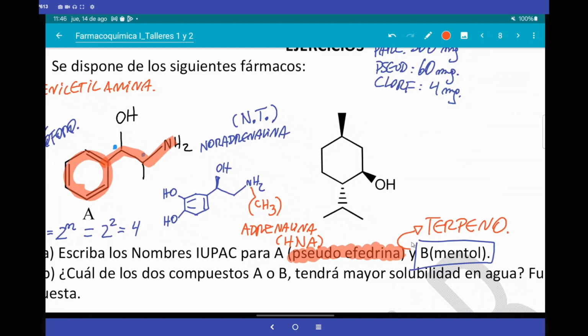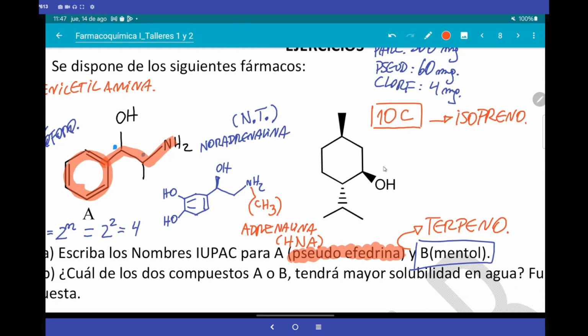It is an extract, present in several aromatic plants, and we have that this menthol, if you count well, first there is no nitrogen, but if you count the carbons, it is a multiple of 5. It has 7, 8, 9, 10 carbons. When something is a multiple of 5, we suspect that it is a terpene because it comes from the metabolism of the isoprene, which is the simplest structural nucleus from which terpenes can be synthesized.